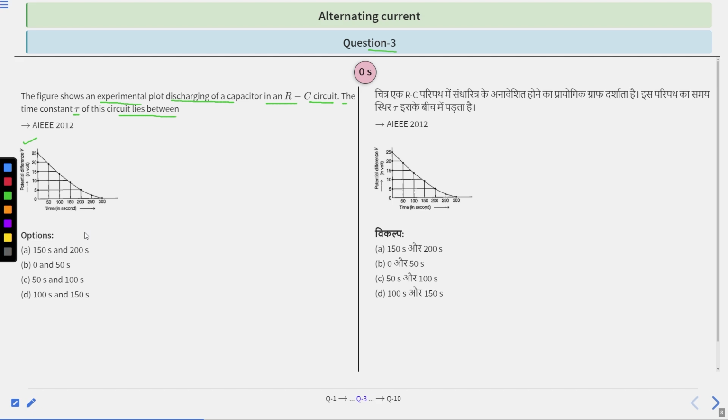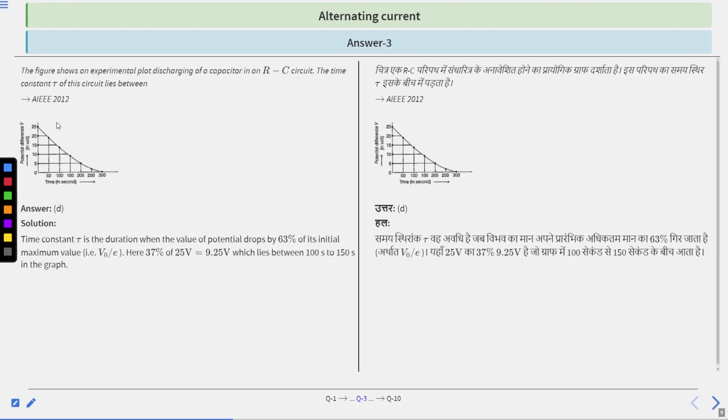Let's find the solution. So this is the experimental plot of a capacitor in an RC circuit. Clear? Here on the y-axis the maximum is 25, and on the x-axis the range goes up to 300. So the time constant tau is the duration when the potential drops to 1/e of its initial maximum value V naught, that is, 37%